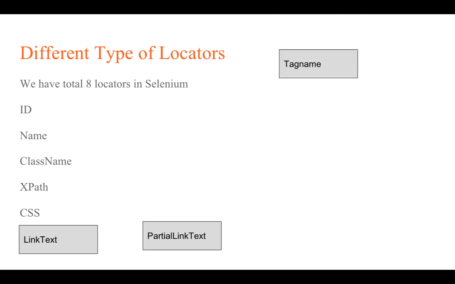Okay, and the last locator which we have is the tag name. Many people don't consider this as a locator, but this is one of the locators, and it is highly useful when you have web elements of a similar type. I will talk about this in detail in the coming sessions, but for the time being, just remember we have